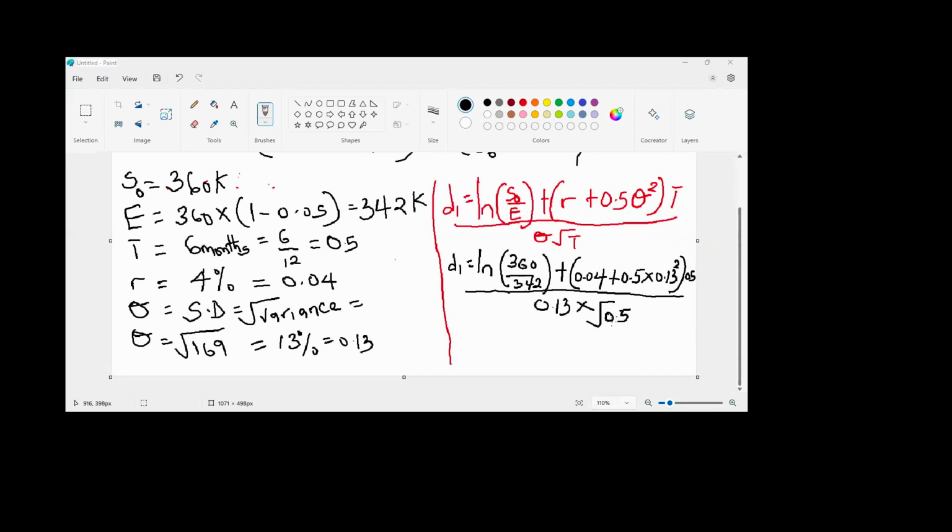Open a bracket, 0.13 multiplied by square root of 0.5. Now obtain your answer. Your D1 should give you